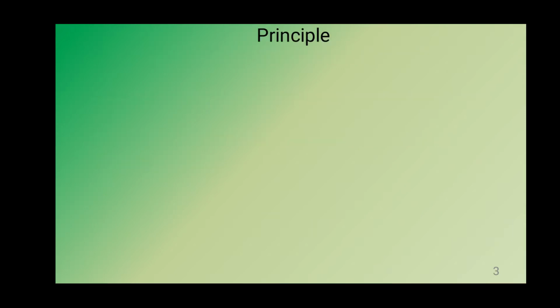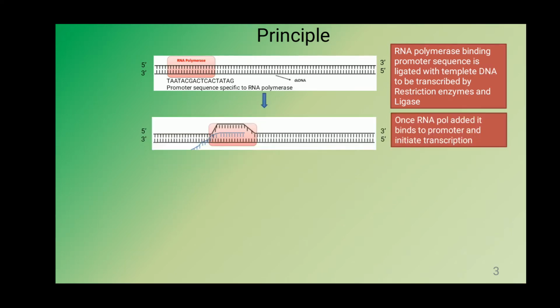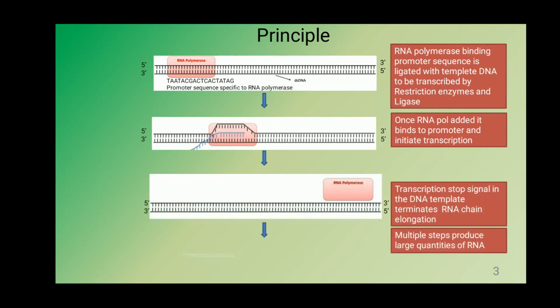Now we will see the principle of in vitro transcription. In the central dogma of life, to perform transcription, RNA polymerase is involved. The RNA polymerase recognizes the promoter sequence in the DNA strand and binds along with its protein complexes, and then it identifies the transcription initiation site and starts to produce complementary RNA molecules. The RNA polymerase complex moves along the DNA strand to lengthen the mRNA transcript. Once it recognizes the stop signal, it stops the mRNA elongation and the mRNA molecule is released.